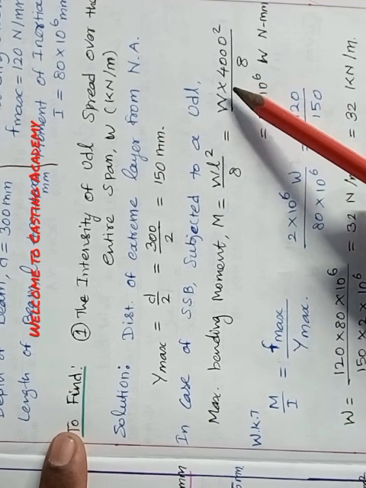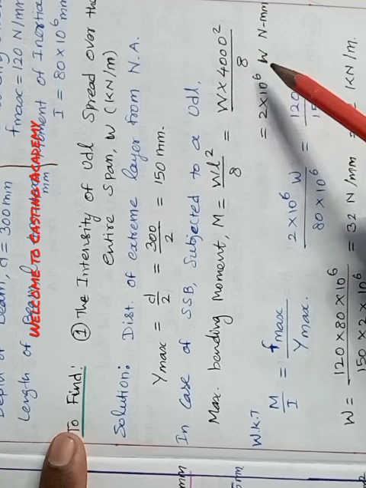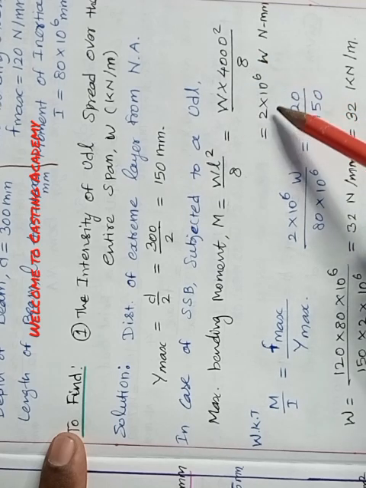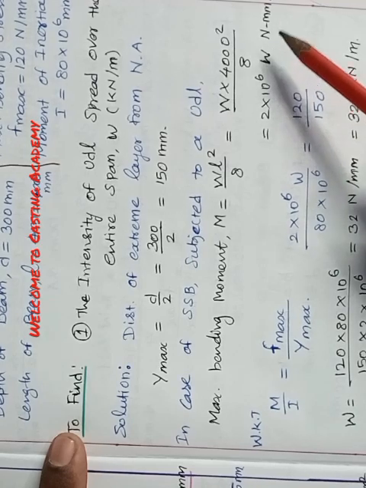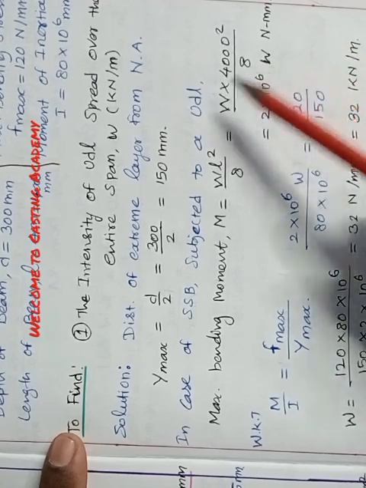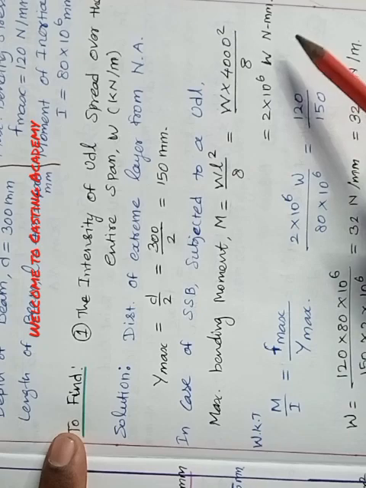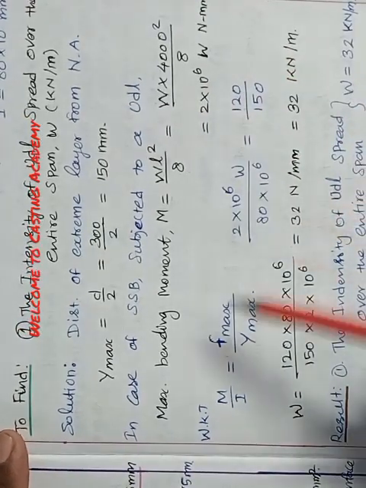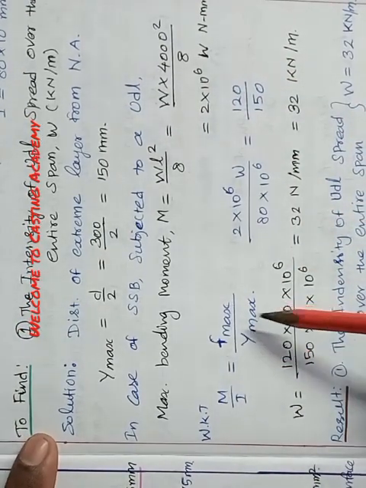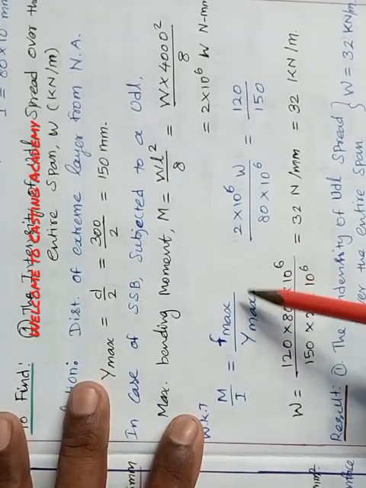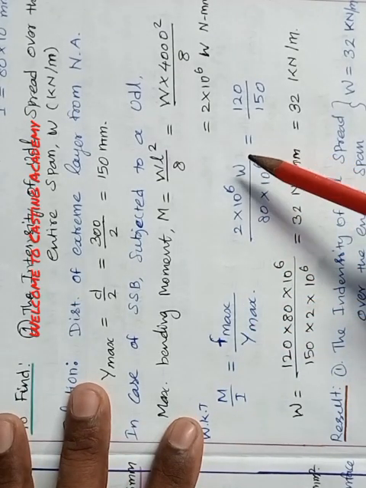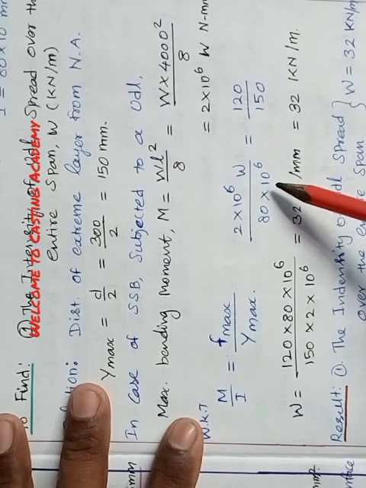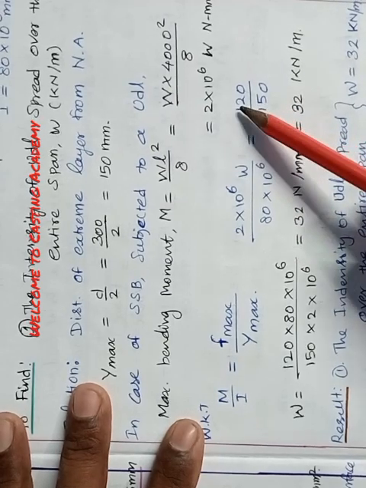We put W into 4000 square divided by 8. Answer is 2 into 10 power 6 W Newton mm. So answer in terms of W. So we know that M by I equal to F max by Y max. So the flexural formula: 2 into 10 power 6 into W divided by 80 into 10 power 6 equal to 120